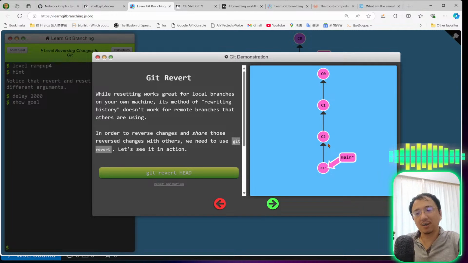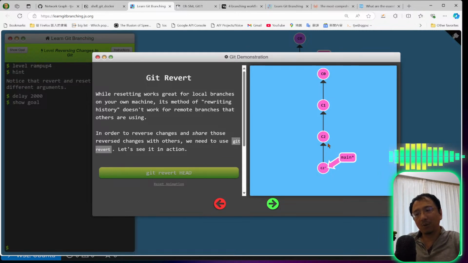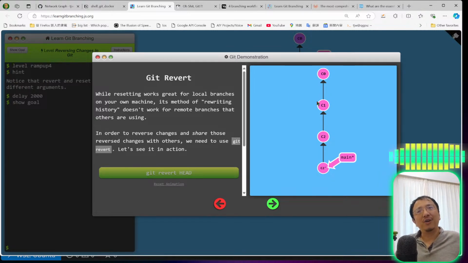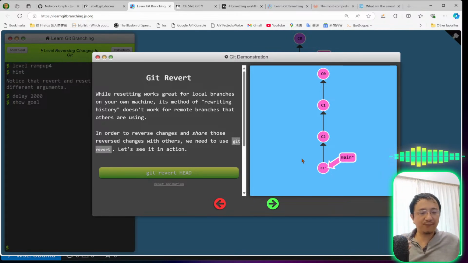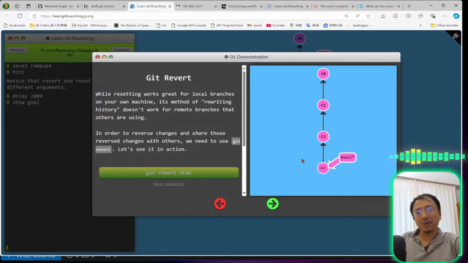So it's mostly for the working, and also sometimes it is important to have a record of things, even if that thing is something you regret or if you have done wrong. So it depends on your philosophy. Sometimes this one is much better, but if you mostly work on your own, and you take your Git just like a playground or like a draft of your source code, then I think using a reset is